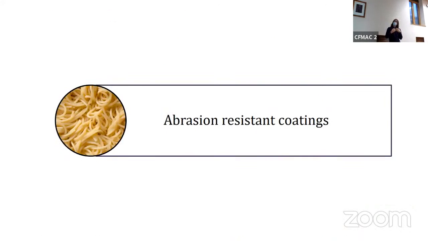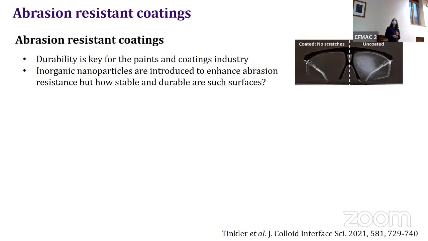So then we said, okay, after proving that we can use it for antibacterial coatings, can we do something else? And we're thinking about abrasion resistance. Why abrasion? Well, durability is quite important for industry, and also for the environment. If you put some nanoparticles in a coating and they fall off easily, that's not going to be very good if they are toxic or not environmentally friendly,